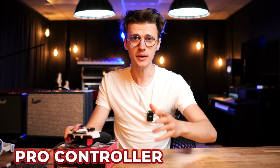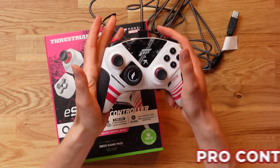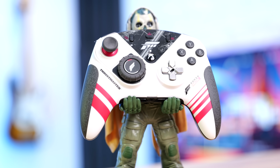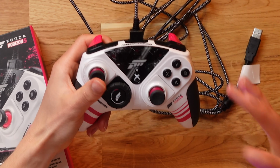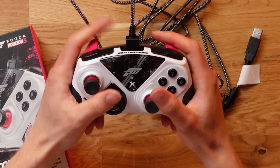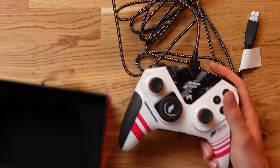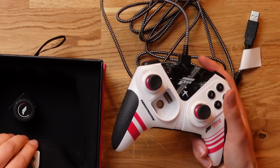First, let me show you a very unique controller that's made for Forza Horizon 5. This is made by Thrustmaster, the company that make all of the really cool steering wheels that you can purchase for PC, Xbox, PlayStation, and so on. But this is like a controller version of their steering wheel technology, you could say, if you may be limited on space. So upon first impressions, this just looks like a standard pro gaming controller that you would first assume